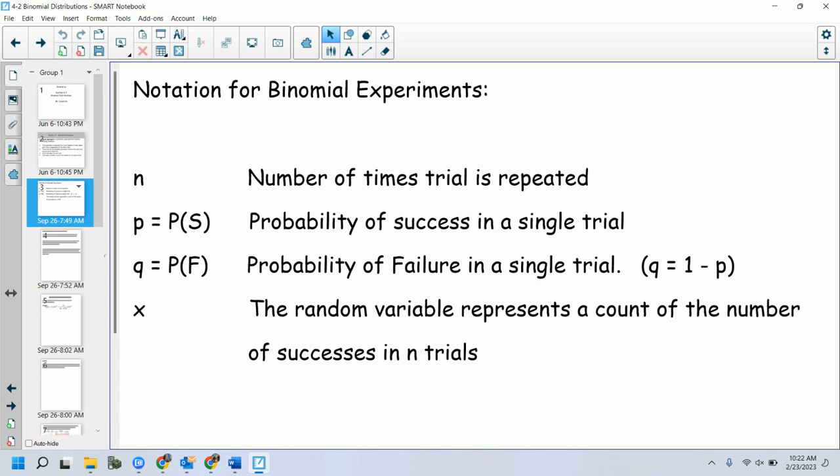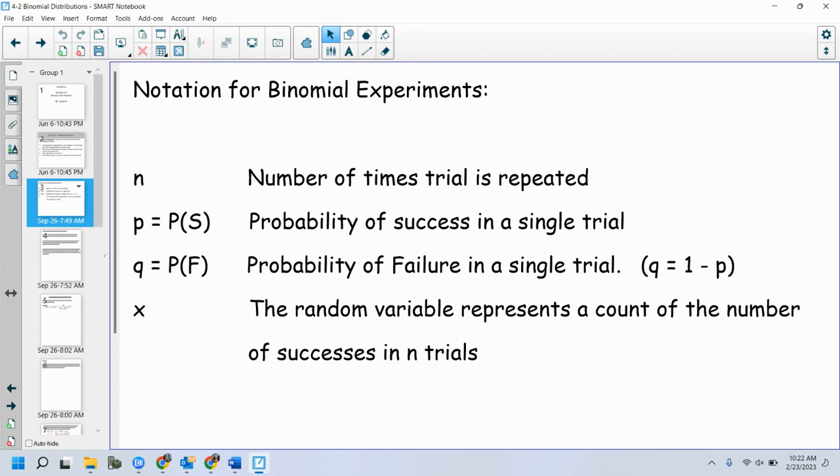So again, just running through that. N is the number of trials that we use. So say we're going to run something 10 times, N is 10. Say the probability of success is 30%. That means the probability of failure is 70%, right? P would be 30%, Q would be 70%, 0.3 and